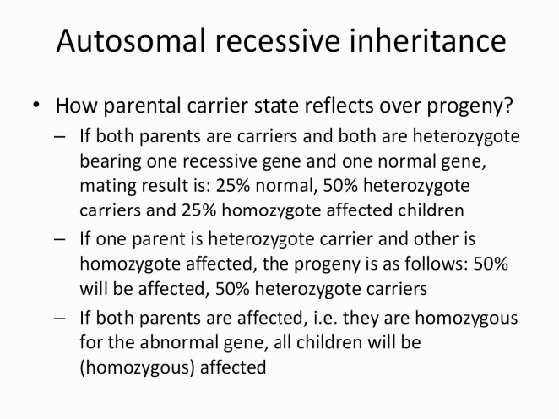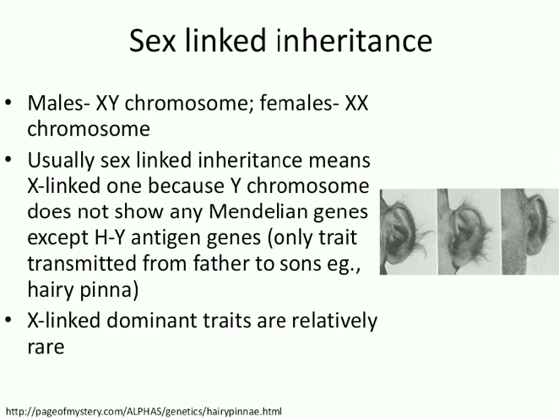You can put the Punnett square, you can play with it. So one parent is heterozygote, one parent is homozygote, means 50% of kids are homozygote, that means they are affected. 50% of the kids are heterozygote carriers. If both parents are homozygote, then automatically all the children will be affected. Okay. Autosomal dominant is over, autosomal recessive is over.